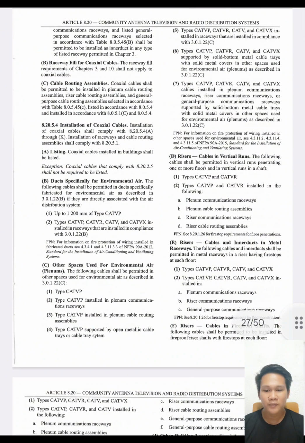3.0.1.22c. First, we have type CETVP. Second, type CETVP installed in plenum communication raceways. Third, we have type CETVP installed in plenum cable routing assemblies. Fourth, we have type CETVP supported by open metallic cable trays or cable tray system. Fifth, you have types CETVP, CETVR, CETV, and CETVX installed in raceways that are installed in compliance with